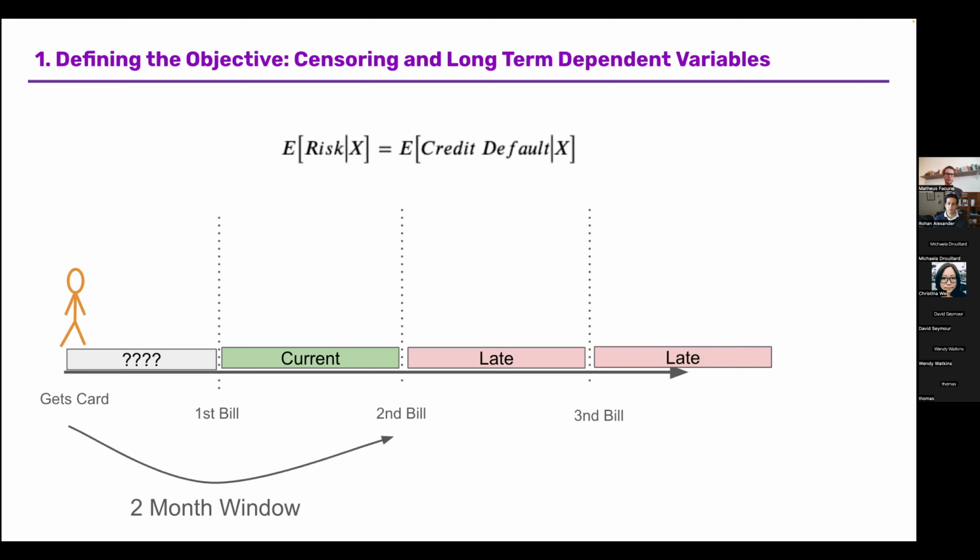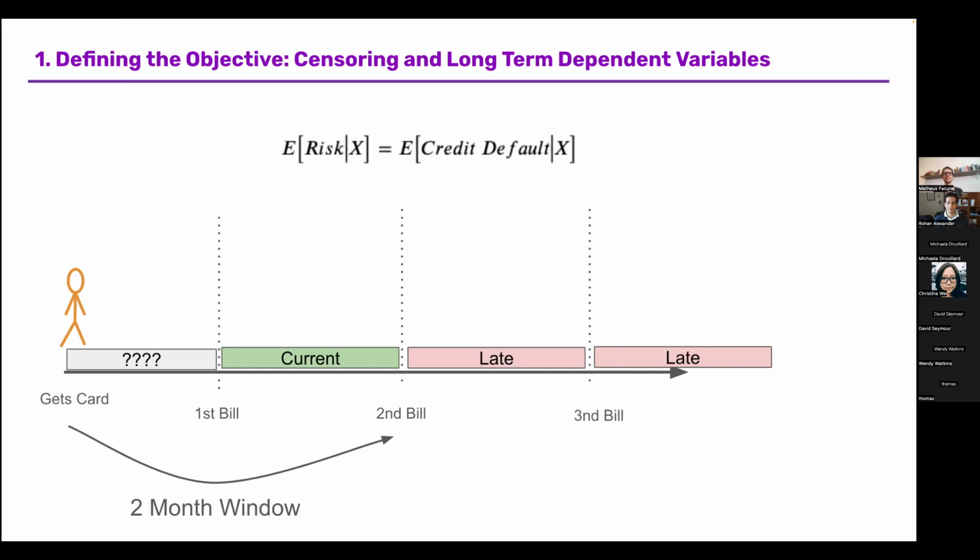And to give an example of how that decision can be made, one thing that we need to consider, there are other things, but this is one thing that we need to consider, is how long do we wait until we classify a customer as a 1, a default, or as a 0, a non-default. So for instance, we might be willing to wait 2 months since the customer gets a credit card. So we give a credit card to the customer, and we wait 2 months, and we say, okay, did this customer pay bill 1 and bill 2? If so, it's a good customer. If not, it's a bad customer. We classify as a default.